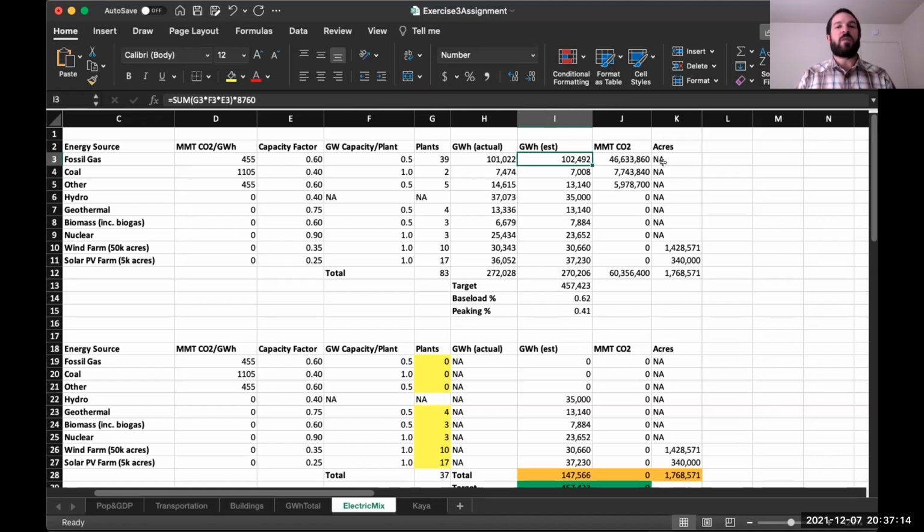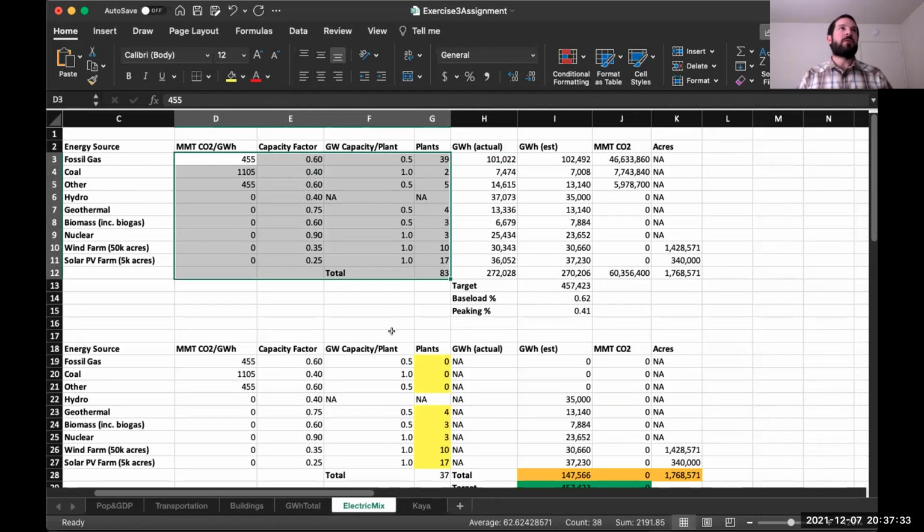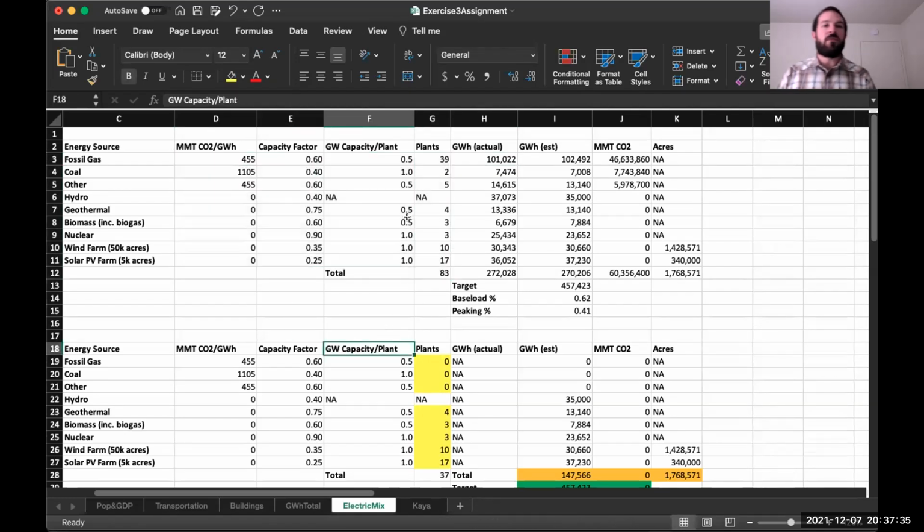We're getting an estimate of the amount of energy coming from these different sources. It almost matches, almost exactly, okay? Very close, within a couple percentage points of the actual output. And so we know, therefore, that our model can be at least useful, even if it's somewhat wrong, even if